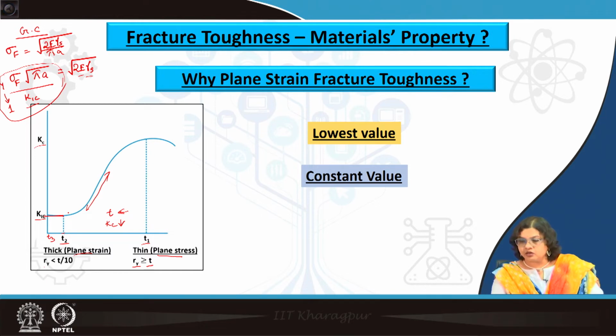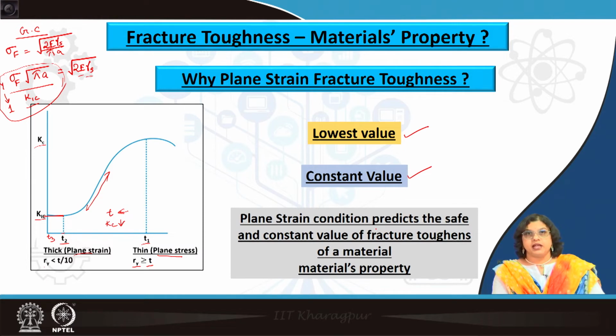So, we are getting the lowest value and we are getting a constant value, and that makes plane strain fracture toughness a materials property. So, typically when we say that fracture toughness of titanium alloy is something like 50 MPa root meter or some category of steel is let us say 35 MPa root meter, we definitely mean the